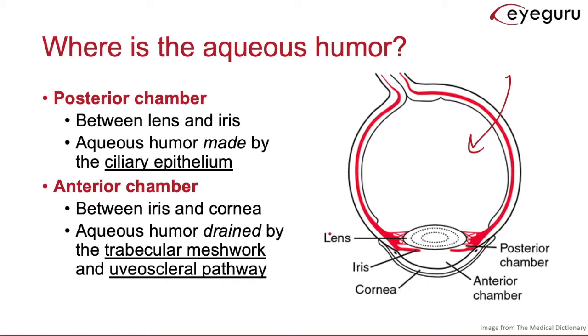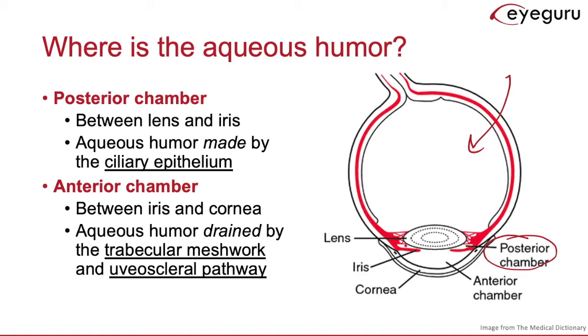The space between the lens and the iris is known as the posterior chamber. This is where aqueous humor is formed by the ciliary bodies, specifically the ciliary epithelium, which is continuous with the choroid, which is shown here in red. The other component of the ciliary body is the ciliary muscle, which controls the shape of the lens via zonular